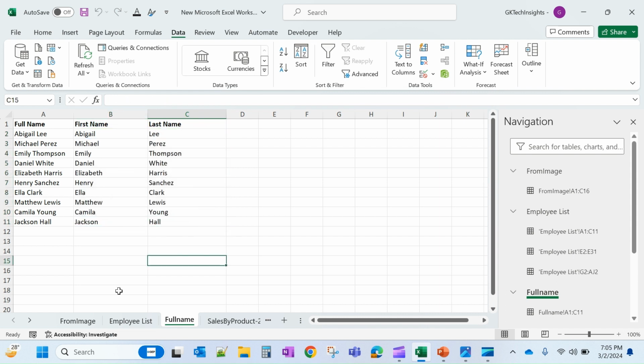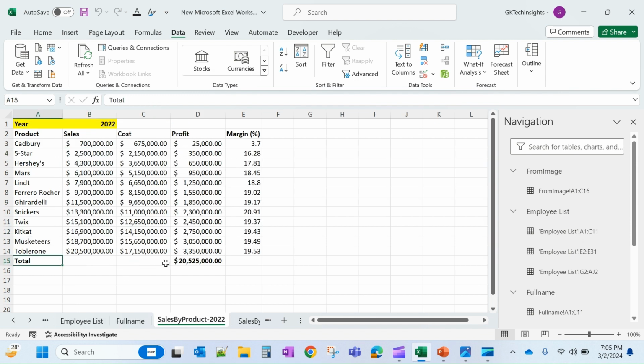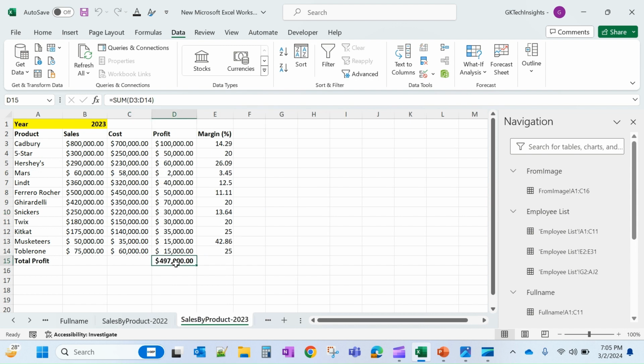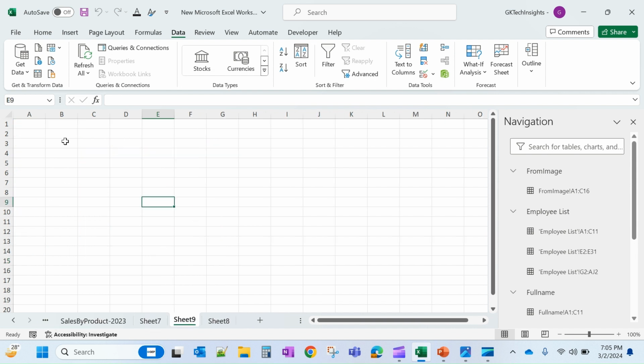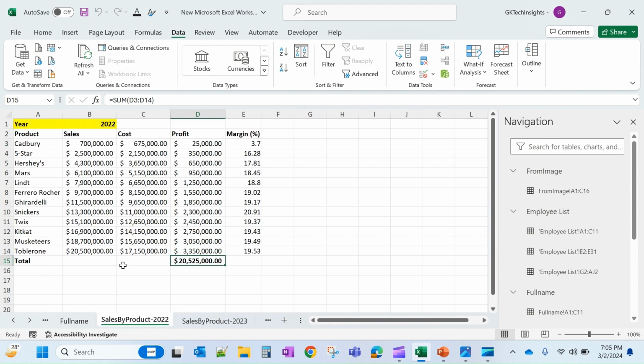Now number six. Now I want to copy the content, right? Let's say I want to monitor the content from this particular sheet and this sheet. If anything gets changed, I want to view that in one single sheet only. Let's say maybe that sheet can be sheet 9 here. Okay. So now how do I do that? Before we do that, we have to go and enable that. So press right click